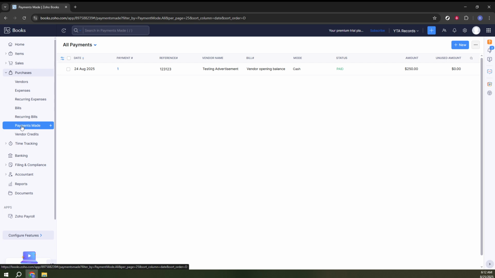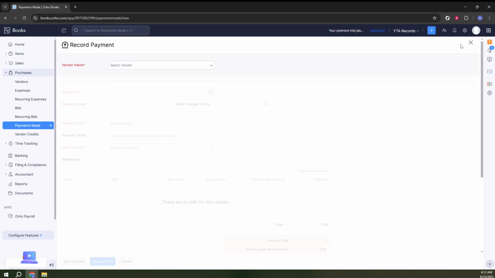Now on to the fun part. You'll notice a New button on this page. Go ahead and click on it. This is where you'll begin the process of recording your payment. Once you click New, a new window will appear on your screen, prompting you to input details about the payment